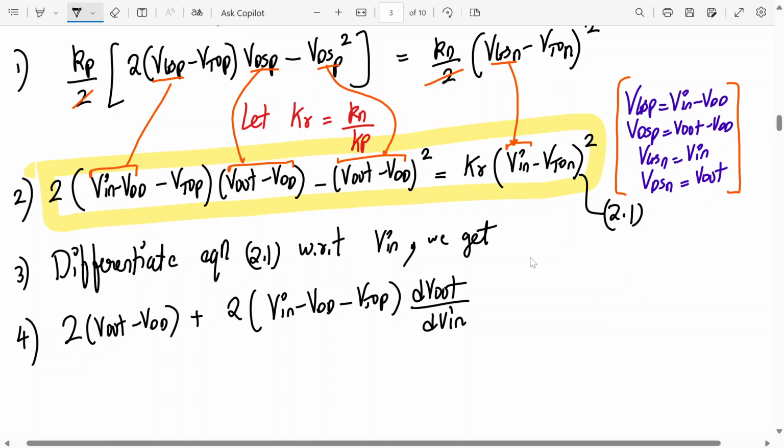Then minus twice, here it is x square so differentiation will be minus 2x, so minus twice (V out minus VDD) into dV out by dV in,